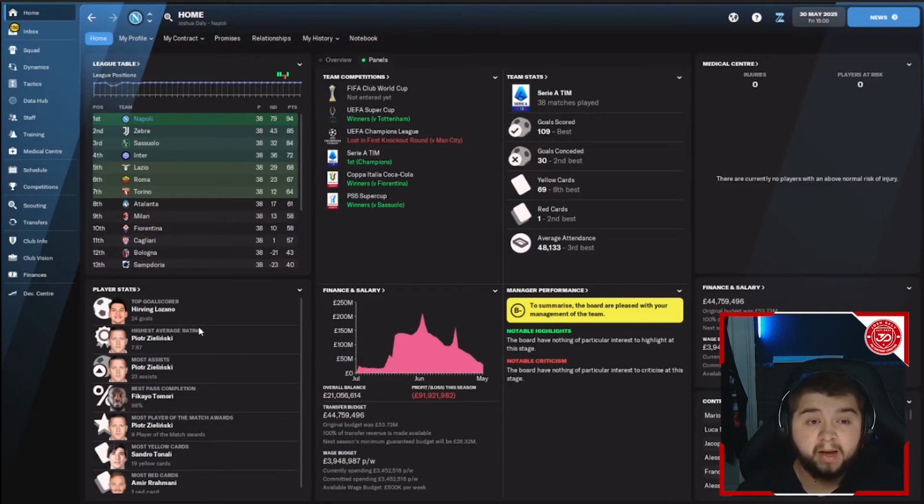Everyone chips in, and that is a really good thing about this tactic, because it means you haven't got to rely on one person purely firing on all cylinders every single game. But 109 goals scored, ranking us the best. 30 conceded, which isn't a lot, second best again, which doesn't matter, because like I said, we do manage to win the Serie A again,